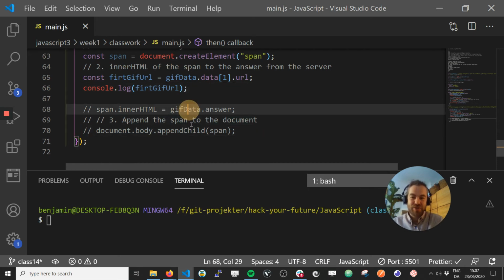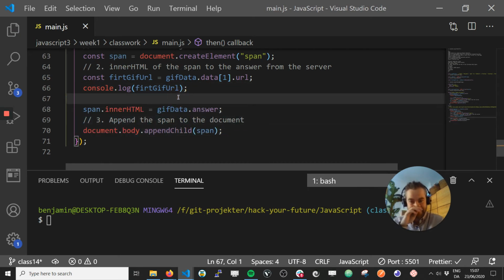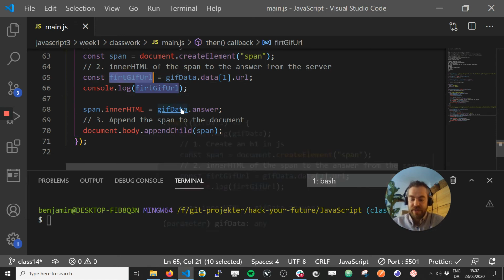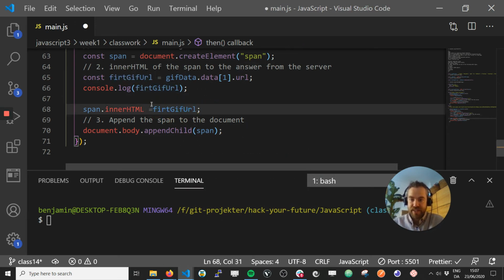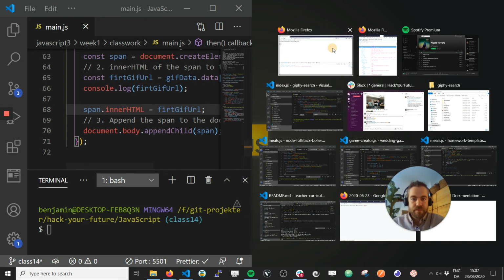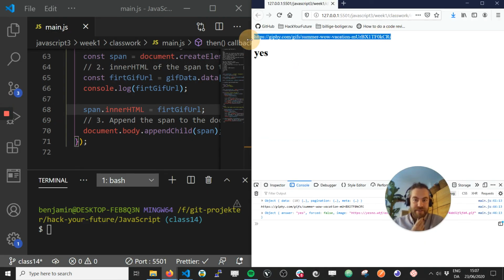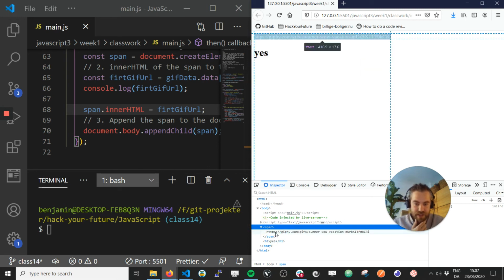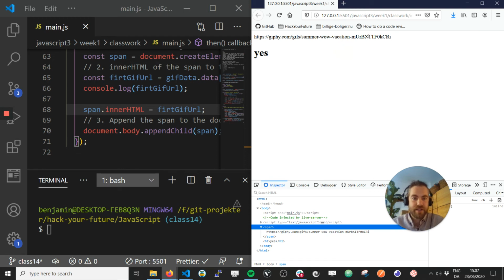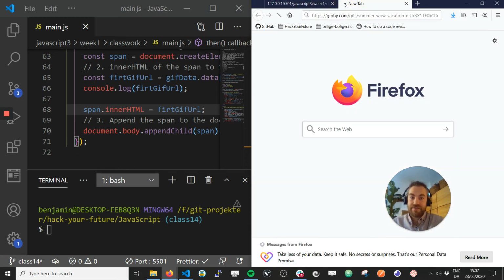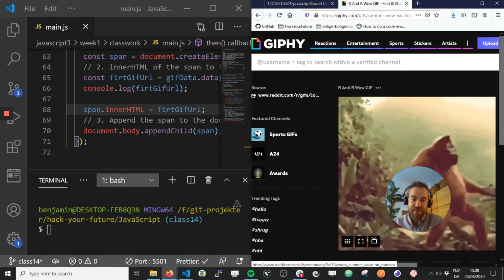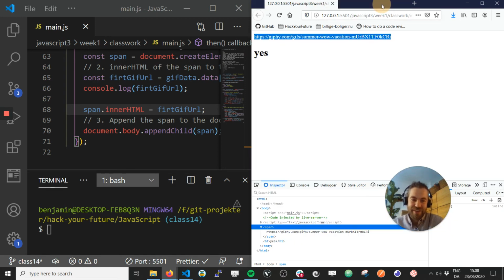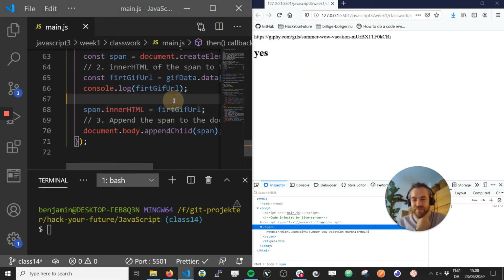Yes, and if I wanted to insert this firstGifUrl, then I'll just do like this. So here I have it. I insert a span with the inner HTML of the URL. And let's see if this is funny. I sure as hell hope so. Not really. But so that's what you're going to be working with